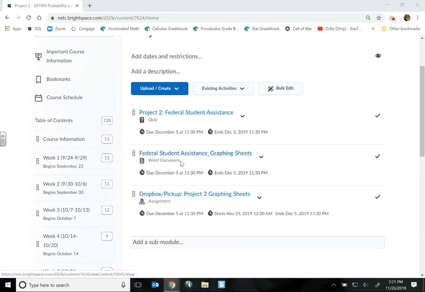There are 3 problems on here that you are required to sketch for me. And once you're finishing your project, you can actually take a picture of the 3 graphs or the 3 pages that you print out and then put it in a Dropbox. Okay, so as far as all the other answers, we will actually come straight to project number 2. So as I go over it, you'll begin to see,